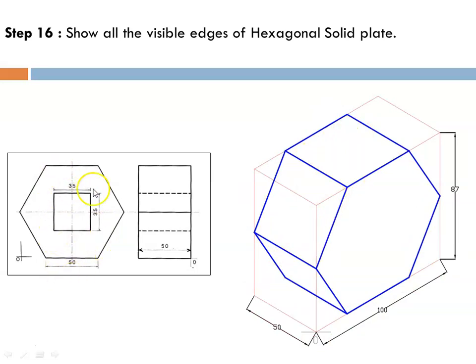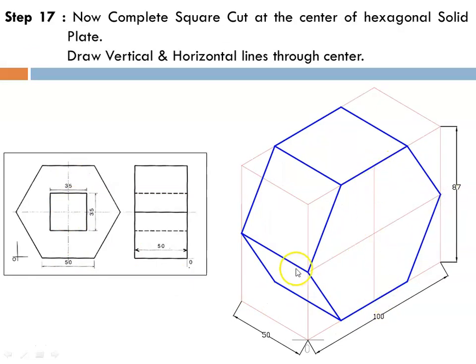So now we will proceed with the square cut. Now you can see from this figure, this is exactly at the center. So from here 25 you can see, or through the corners the line is passing, so the midpoint of that. If you get these two lines, you will get the center of the square. It means that we have to draw a line from this midpoint to this midpoint. So here you can see two lines are drawn passing through the midpoints or through corners to get the center of this square.